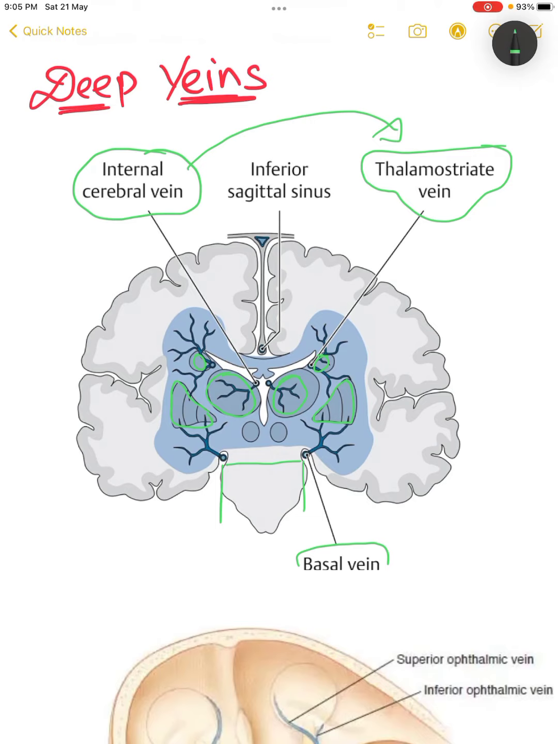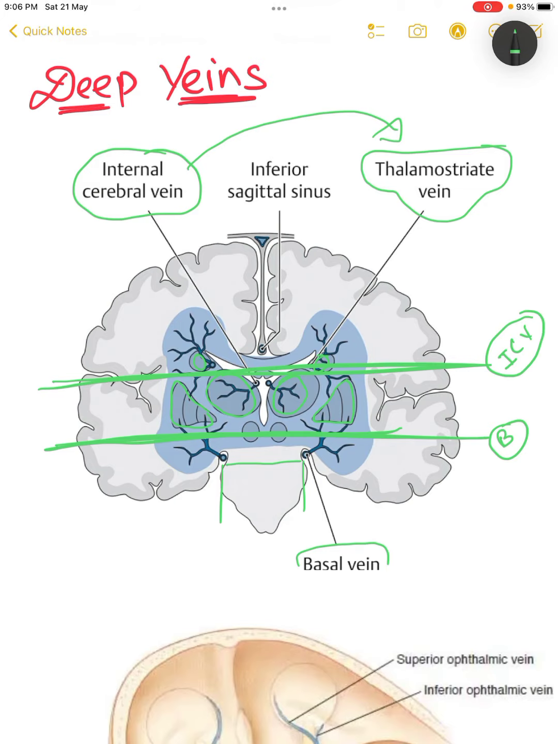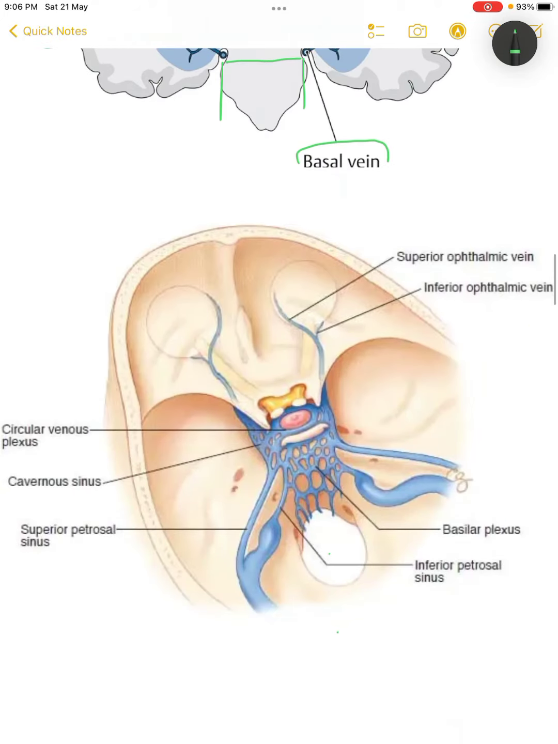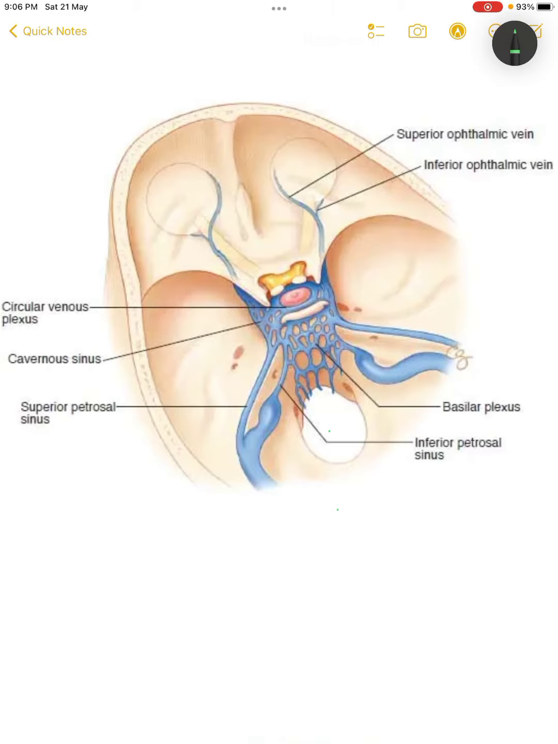The important thing you have to know is that if in this coronal section I make this level and this level, remember the inferior parts are going to be drained by basal veins, but the superior parts are going to be drained by internal cerebral veins. Okay, I hope it's okay. Now let's move forward. You see, again we return to